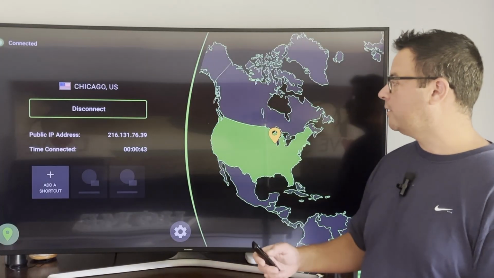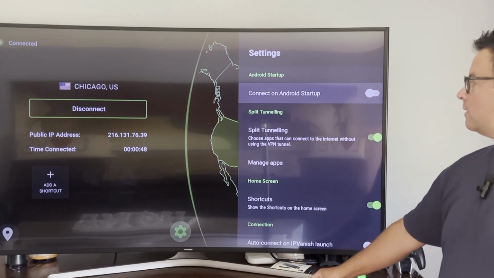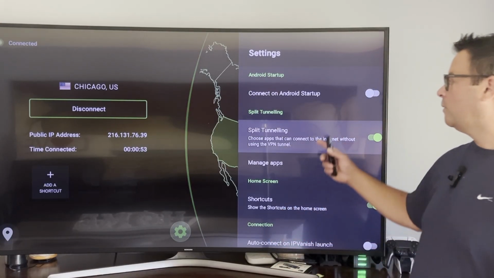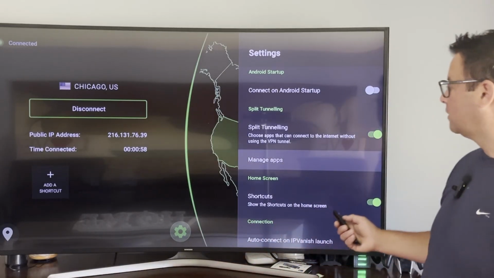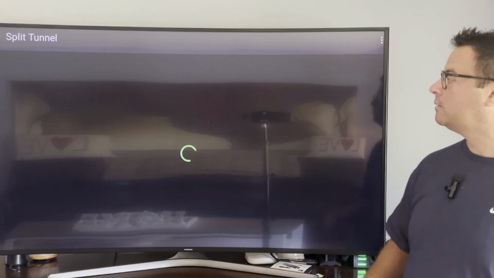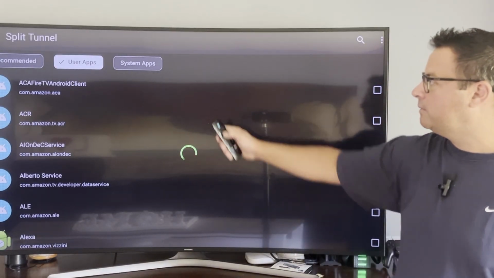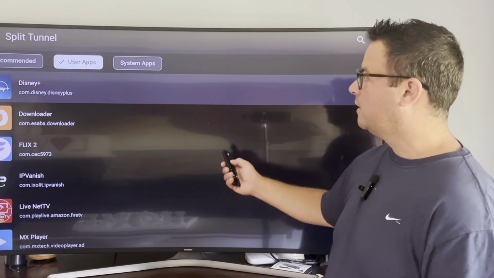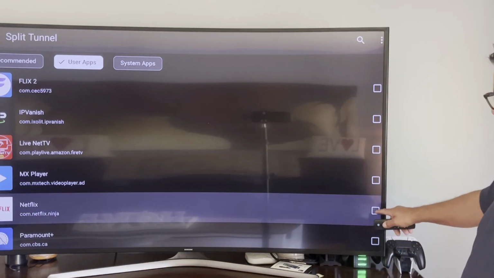Now if we back out from here, back to the settings, click the settings button here. And here it gives us a couple options. We can have it auto connect as soon as we start our device. We can turn on split tunneling. So if you have other applications like, say, Netflix or Hulu, we can highlight manage apps. And here we want to use user apps in the submenu. And it gives us a list of all the applications that we can use on our device. So here, let's say Netflix, okay? Here, if you select Netflix,